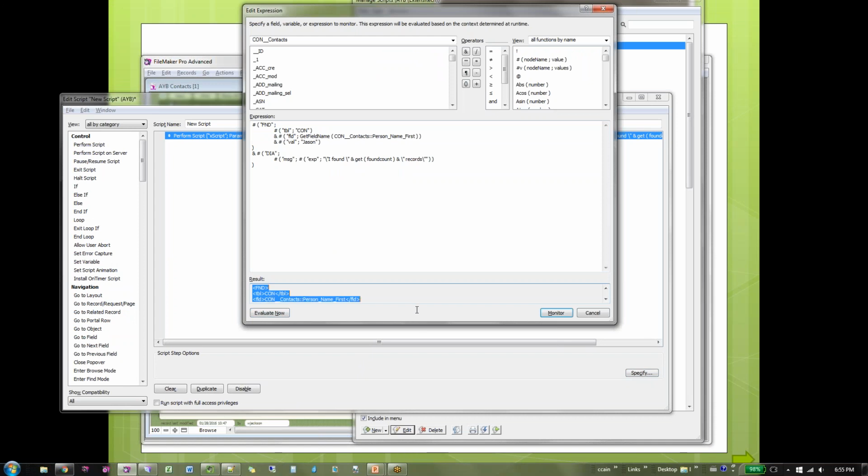Okay. Actually, I'll put it up here where you can read it. So this equals this. You see, it's basically creating XML style tags. And we do that with a custom function just because, number one, it's a lot easier to type. And there is some recursion involved as far as nesting these things.